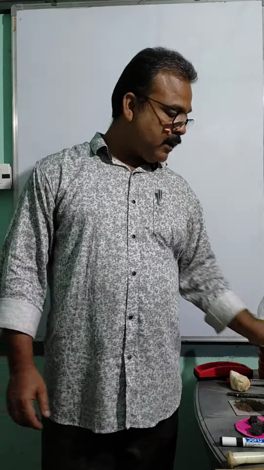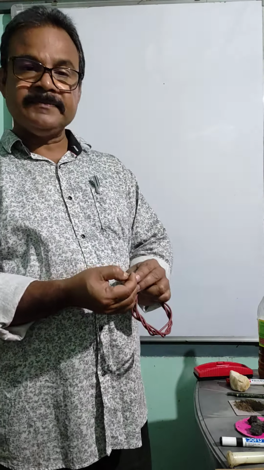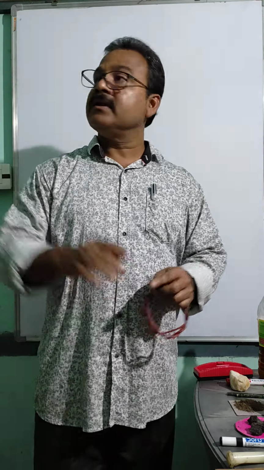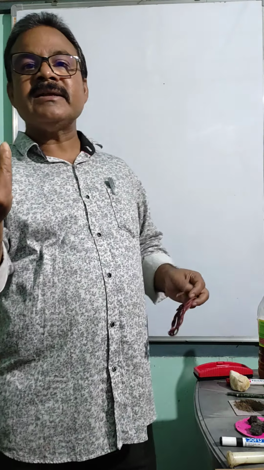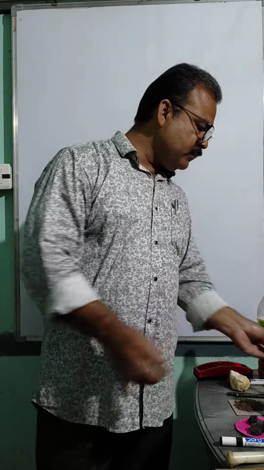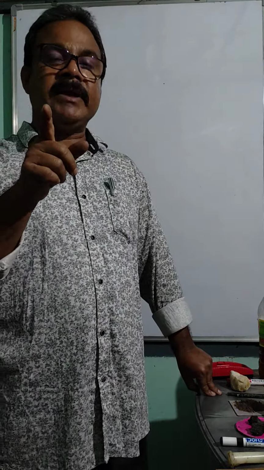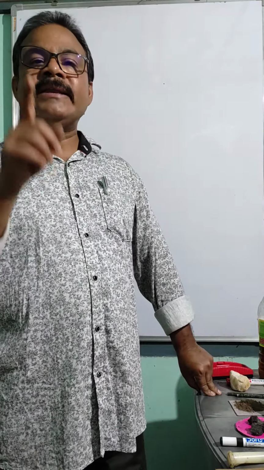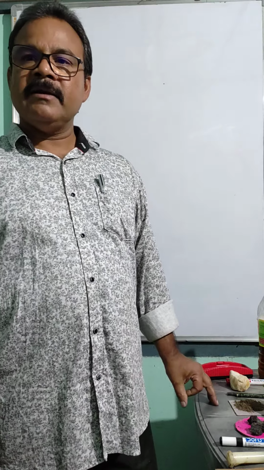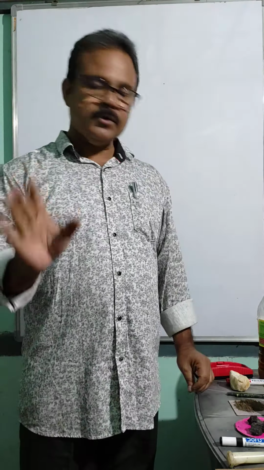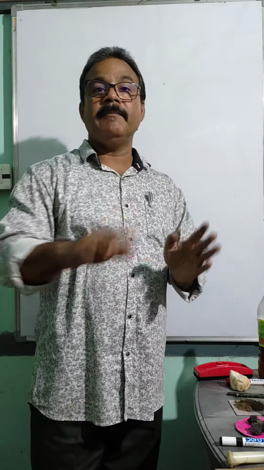Again, we can draw thread-like structures from metal. Think about these wires, whether aluminium, copper, or whatever different wires we are using. These are thread-like structures drawn from metal, and it is also a unique property of metal. This property is called ductility. Ductility is the unique property of metal by virtue of which metal can be drawn into thread-like structures. So we can say that metals are ductile, but non-metals are non-ductile. Okay, clear? Then another important property, that is